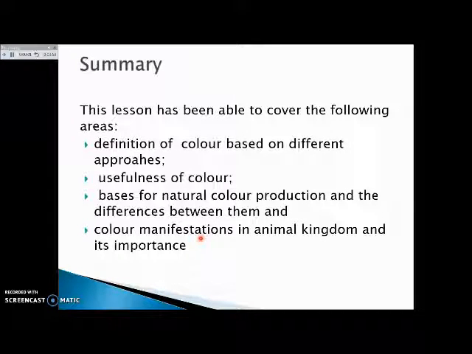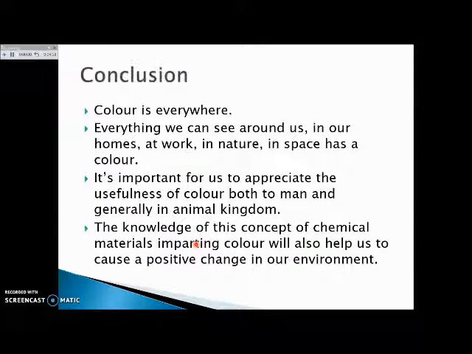The summary of this lecture revealed that we'll be able to cover the definition of color, usefulness of color, the two different mechanisms for natural color production, and also color manifestation in animal kingdom and its importance. The conclusion is that color is everywhere. It's all around us, and it's important that we appreciate the usefulness of color both to man and also in animal kingdom. This knowledge will help us to really